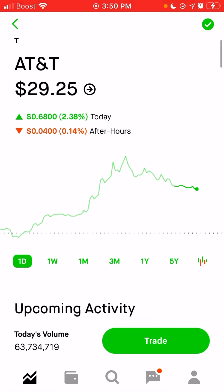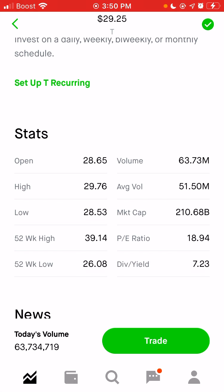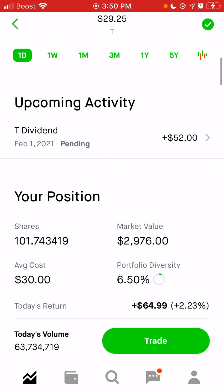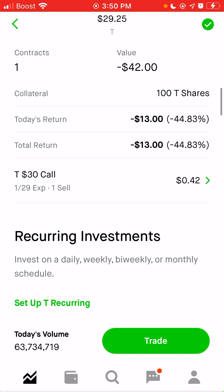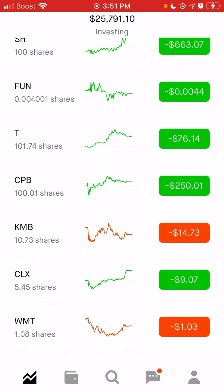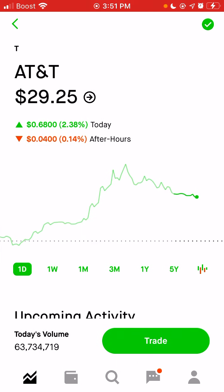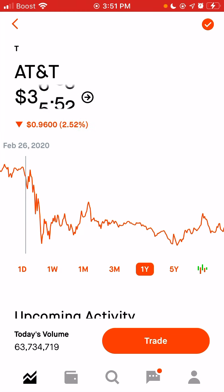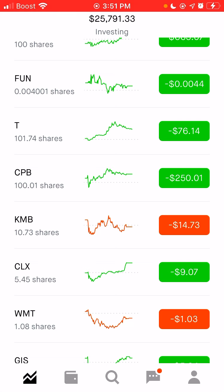AT&T. This is just kind of a core holding. They have a nice 5 or a 6% dividend yield. Actually, it's a 7% dividend yield. My average cost is exactly $30 per share. We're collecting that nice 7% yield. We're also selling covered calls. So really, just kind of a core holding that's generating at least 7 to 10% once you factor in the covered calls. Plus, if AT&T ever goes back up to 38 or where it was earlier last year, that'd be a good opportunity for another 20 to 25%